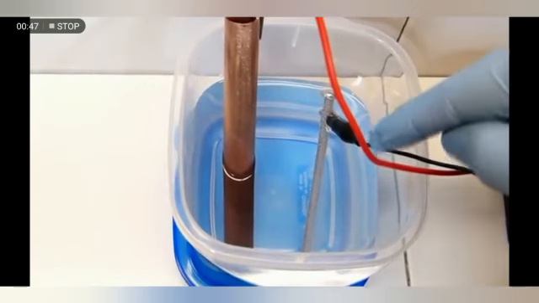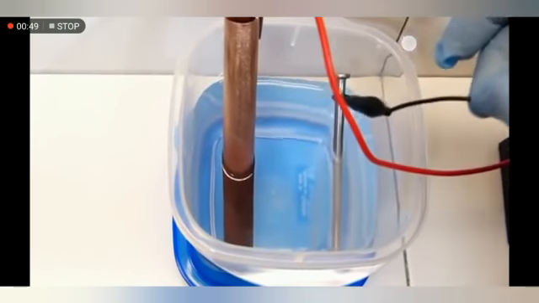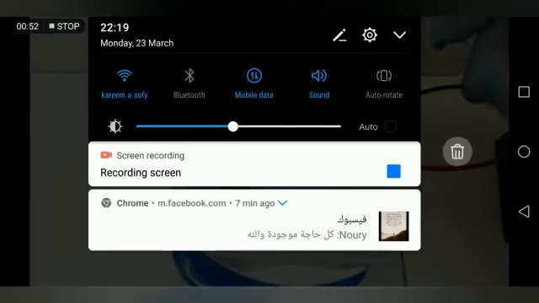But taking a look here at the nail, you can see the bubbling on our negative electrode. And those are going to be bubbles of hydrogen. And we've got twice as